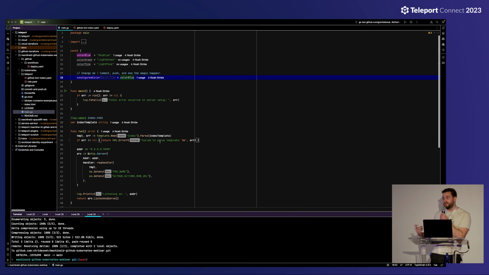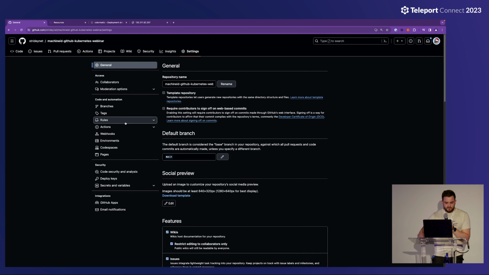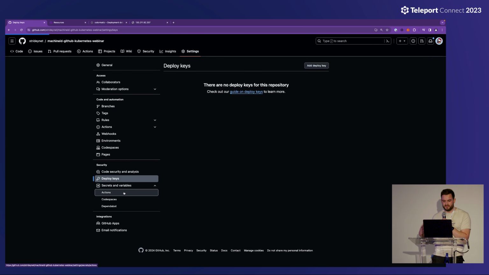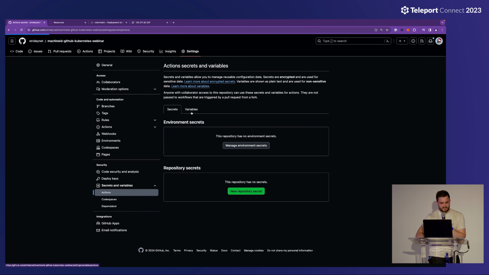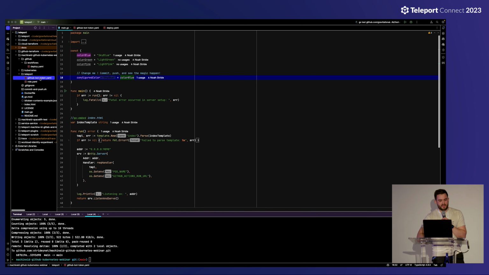And hopefully that'll run and succeed in the background while I'm talking. So the first thing to go back and look at is that within our repository, we've not actually configured any secrets here at all. And I just wanted to make a point of that because I think this is one of the really big selling points of Machine ID, is there's not any secrets configured, and there's certainly no plain text variables configured either.